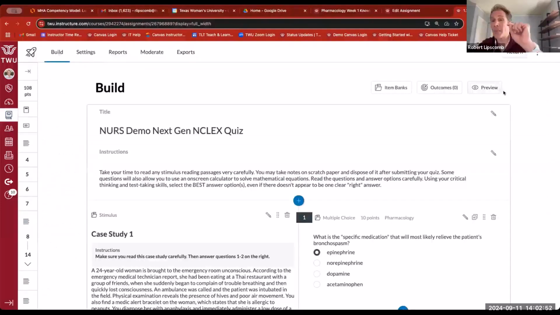And every time I've done this, I found that I made some mistake, or I thought I was doing something beneficial, and then I realized that that doesn't work from the student point of view. So please always preview your assessment before you publish and administer it with students. And I'm going to take it one step further and say, because we actually recommend this and it's in some of our materials on the CFS website,